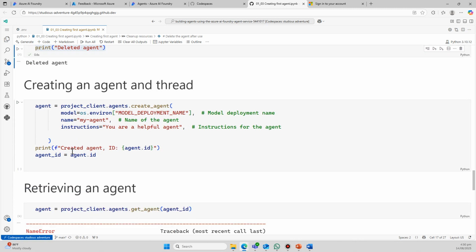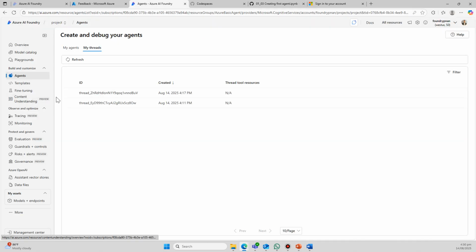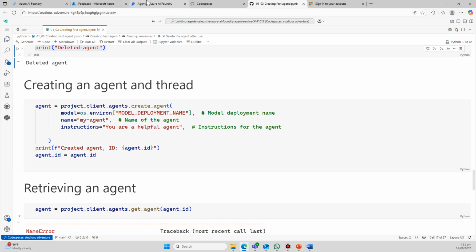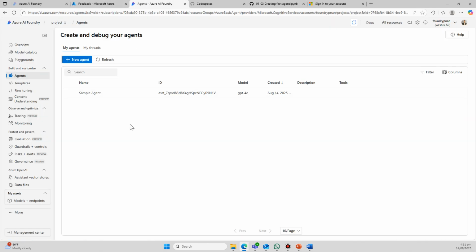Also, I want to show you that once you create a thread, we demonstrated that you can create a thread through the portal, or you can create a thread through code. The beauty about this portal is that you can create the agent here. Some of the tools we'll discuss in the next few videos. What are the tools that are available in the portal? Not all the tools will be available in the portal, but if the tool is available here, you can create an agent here and set up the other tools and attach it to the agent.